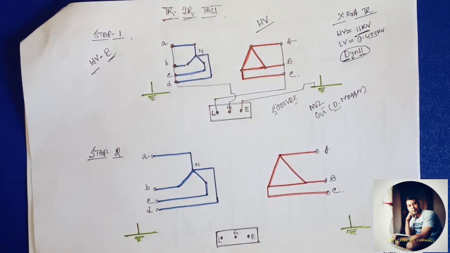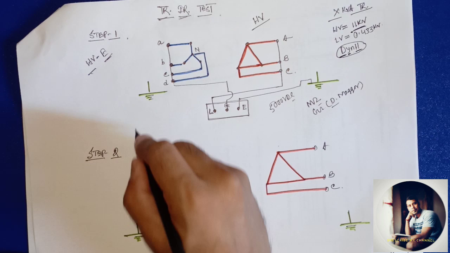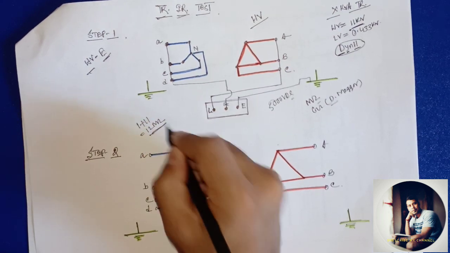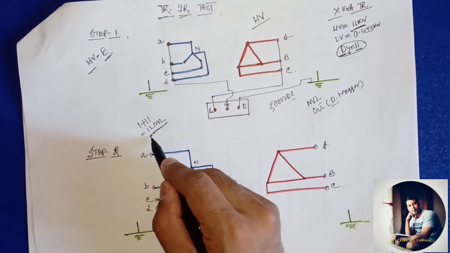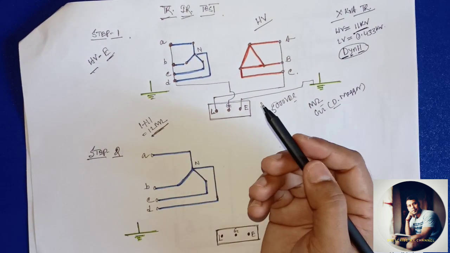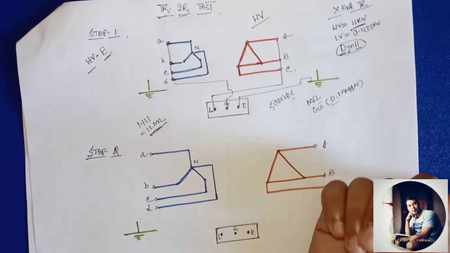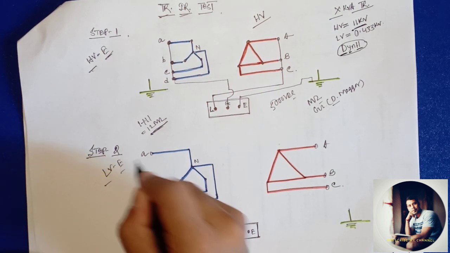Okay, so there is some minimum value, as I said, 1 plus 11, 12 mega ohm should be the minimum IR value of that system, but the higher the result, the healthier the system indicates. Okay, so next is LV to earth.